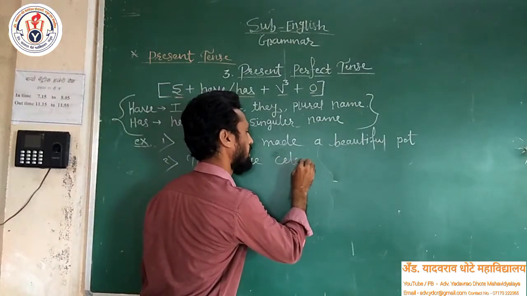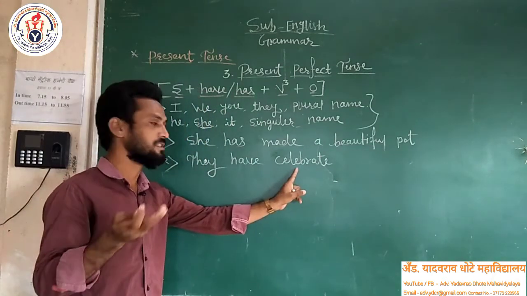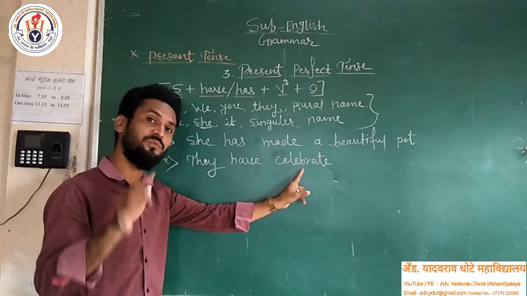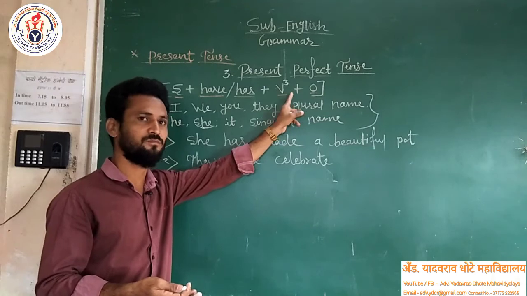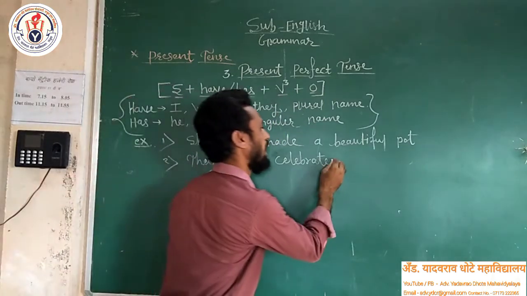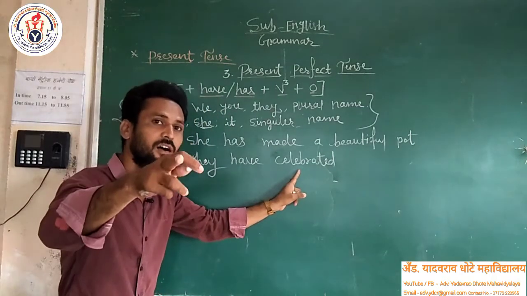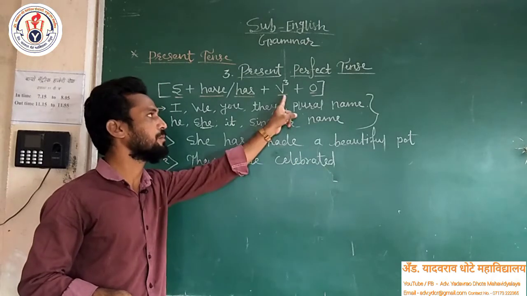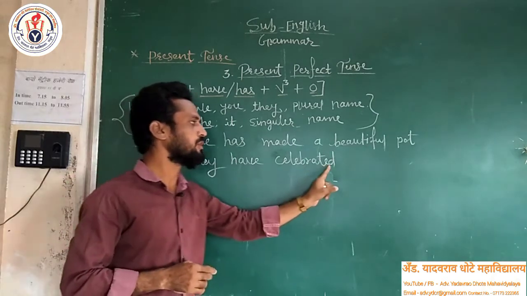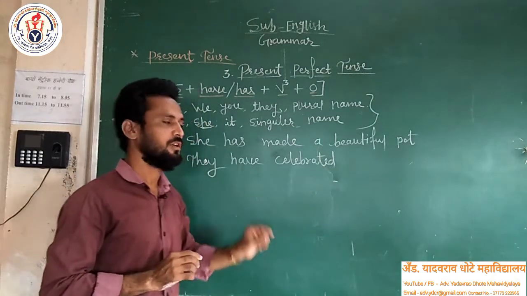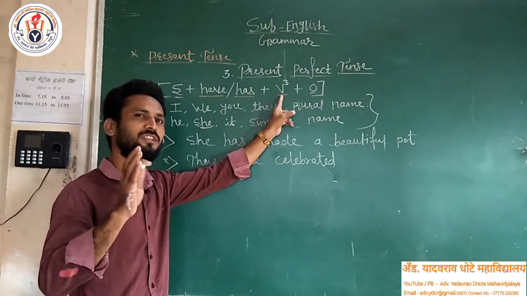The verb that I have taken is celebrate. Celebrate is a verb, but it is written in the first form. Now, let's make it the third form, meaning past participle. To make it past participle, we only have to add d. Then it will become celebrated. Celebrated is the past participle form of the verb. As I have put the d or ed suffix at the end of the verb, I have made the third form, the past participle form.